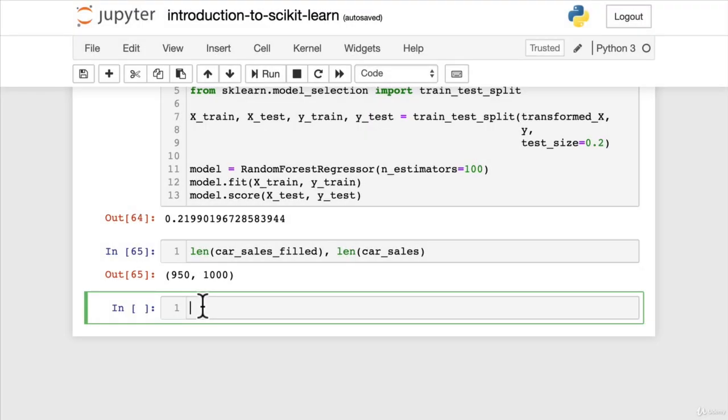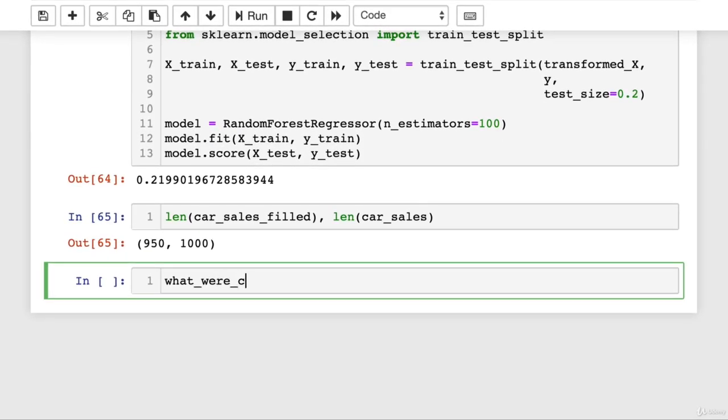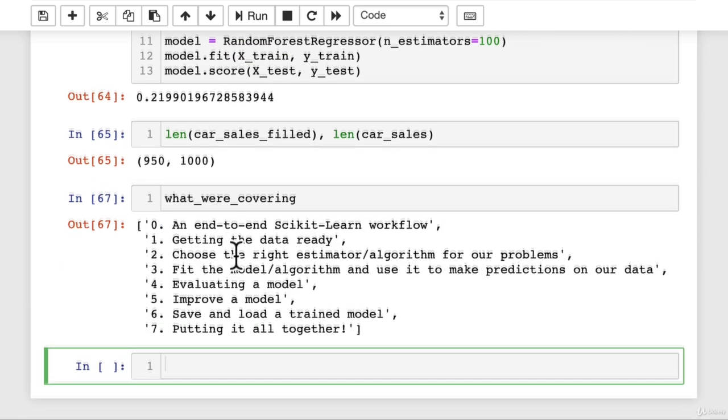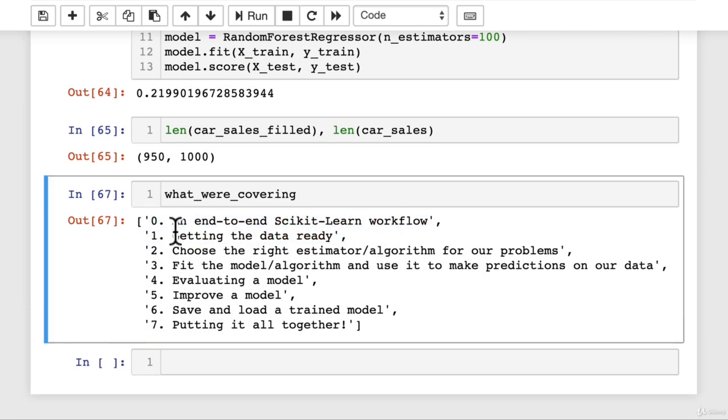Okay, welcome back. Let's revisit our little list here of what we're covering to see where we're up to. So we've done 0, an end-to-end Scikit-learn workflow, and we've done 1, getting your data ready. So now we're going to do number 2, choose the right estimator/algorithm for our problems. Let's make a little heading for that. 2, choosing the right